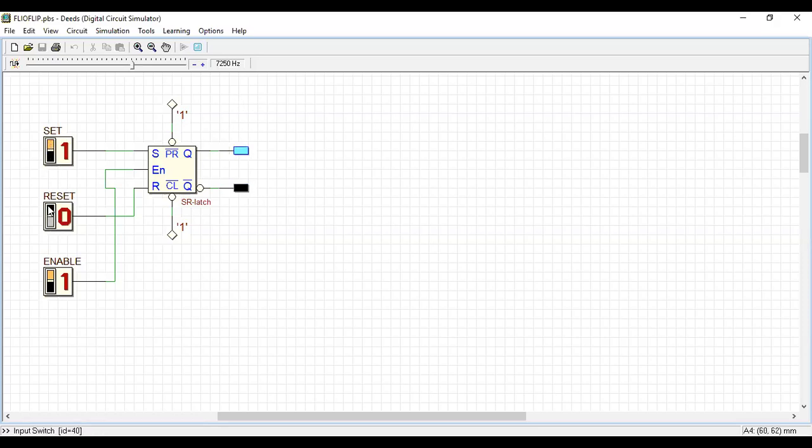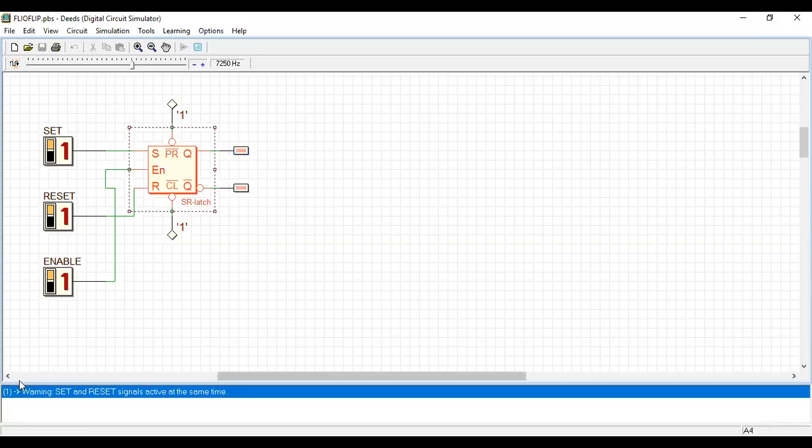I do both 1 1. So immediately I got the warning. Set and reset both are active at the same time. So this is not allowed. This is not allowed in latch. Okay. Latch or flip-flop. In SR flip-flop, you cannot make both the inputs 1 1.